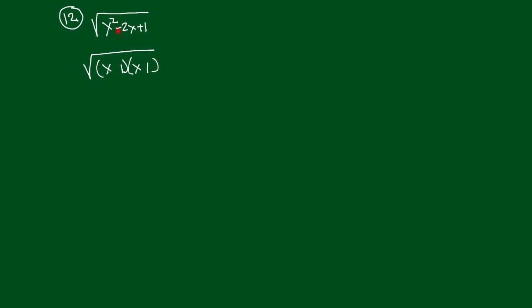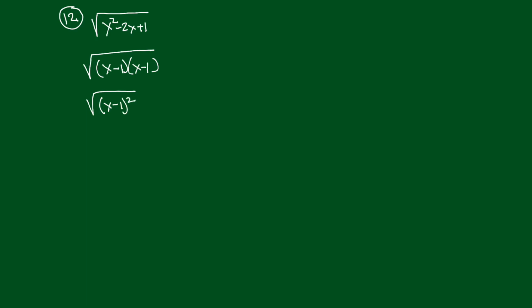Now this is a minus sign. This is a plus sign, so these two numbers are going to have the same sign, and that's going to be a minus. So it looks like we'll have x minus 1, x minus 1, which I will rewrite as quantity x minus 1 squared,